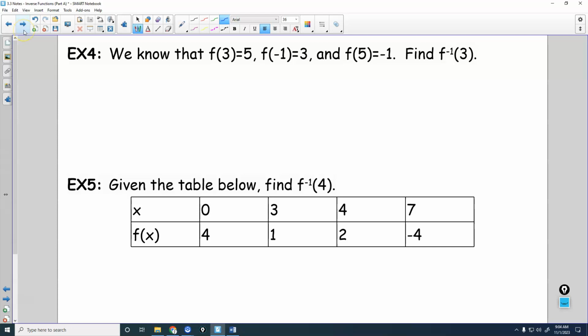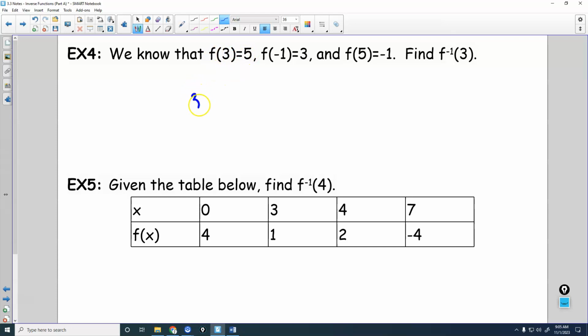All right, so we know f of 3 equals 5, f of -1 equals 3, f of 5 equals -1. We are supposed to find f inverse of 3. This is a concept that's super simple, yet was kind of confusing to me when I was first presented with it. So whenever we have f of 3 equals 5,